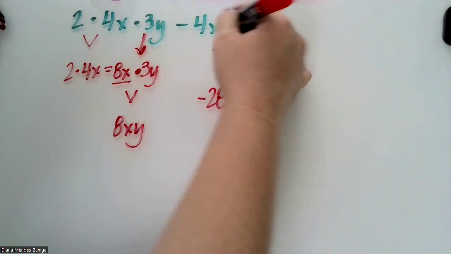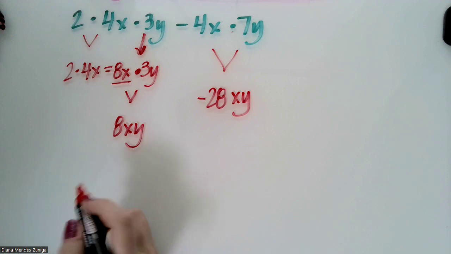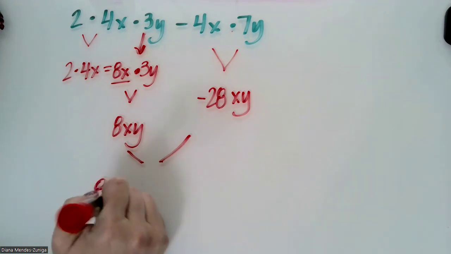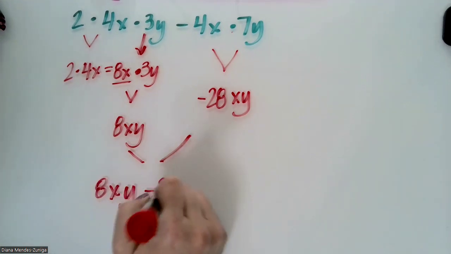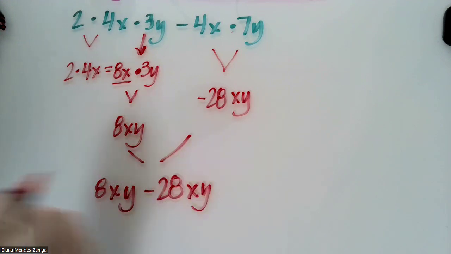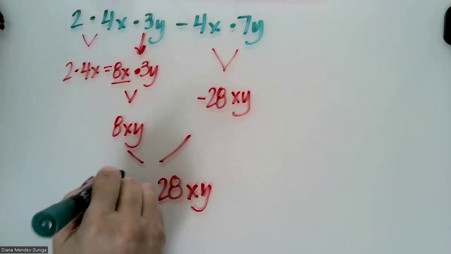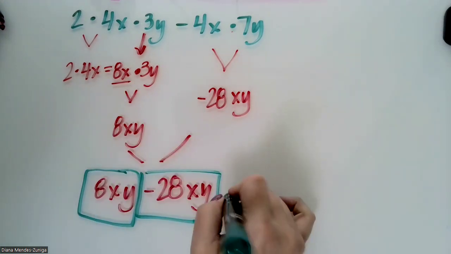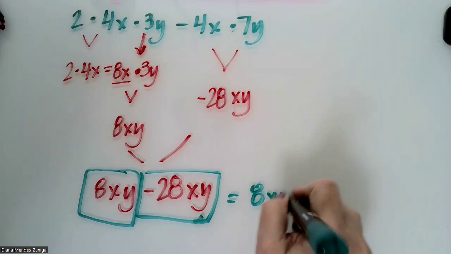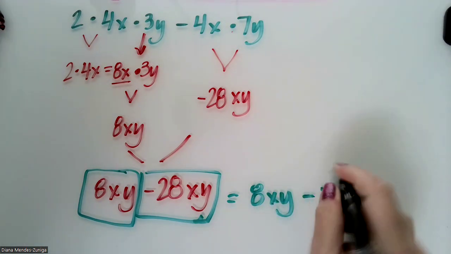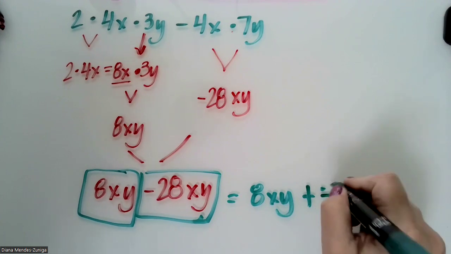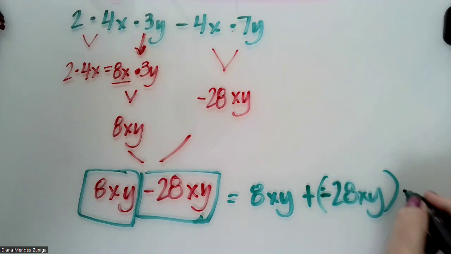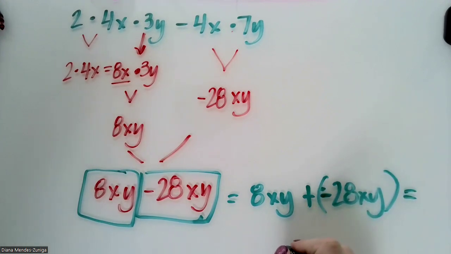Whenever you multiply them, you have an x and a y, you have to add both of them in there. So now we end up with this right here. Let's just go ahead and bring this problem down. We end up with 8xy minus 28xy. Now we see that these are like terms. So we would further simplify this by 8xy plus, because we always add, negative 28xy in our parentheses here. That is going to give us a negative,